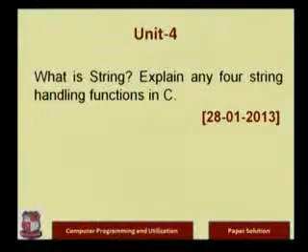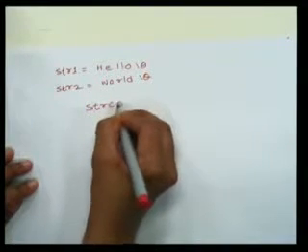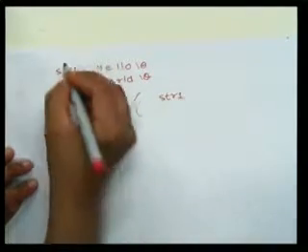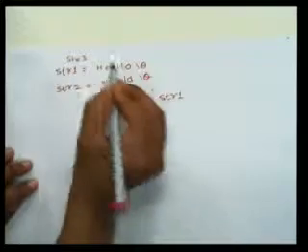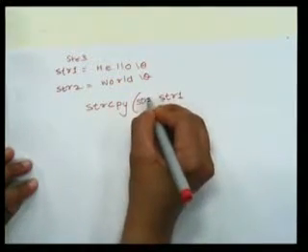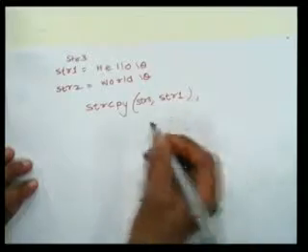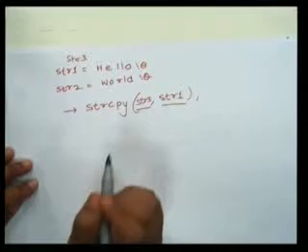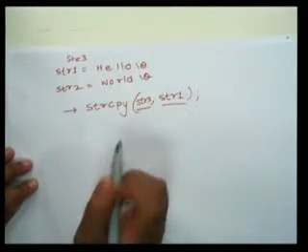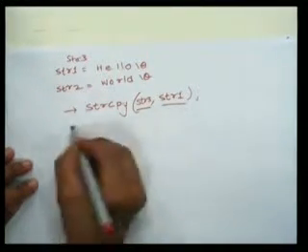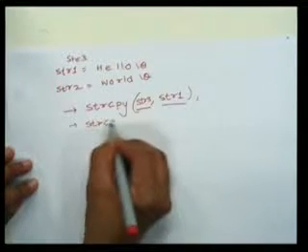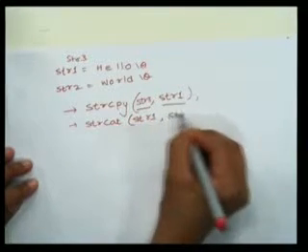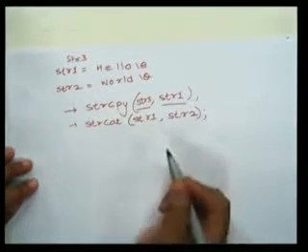Now what are the string handling functions? You have strcpy as one function. You want to copy string 1 into some other string. For example, you have declared str3 previously, so I want to copy str1 into str3. So here you have destination, you have source. So this is one string handling function that is available in the string.h file. Second function that you can show is strcat, where you write str1 comma str2, you can concatenate two strings.